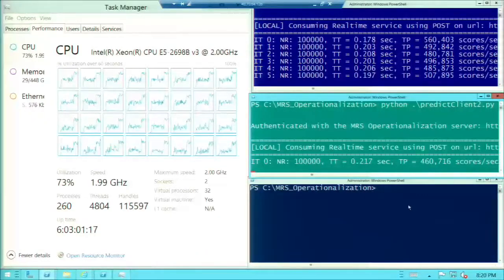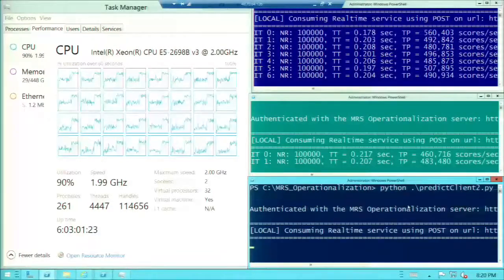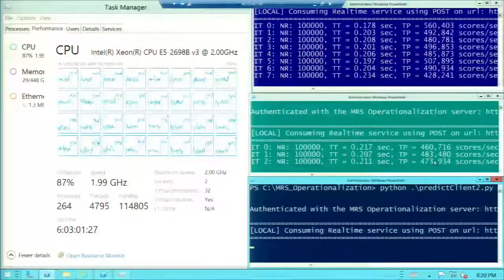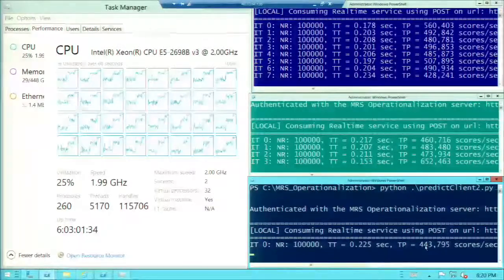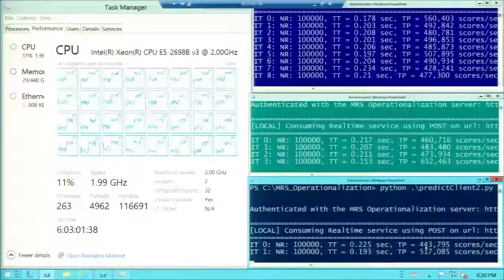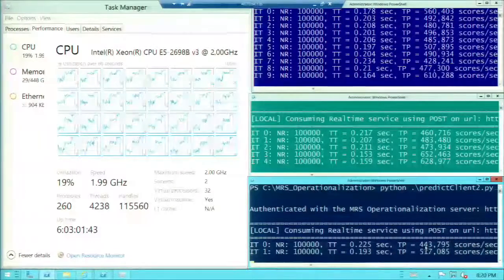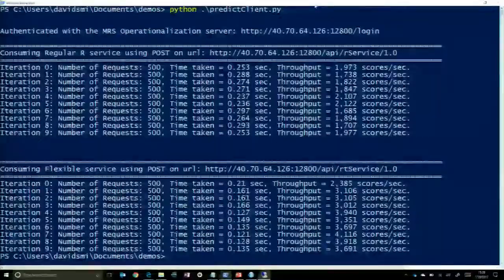So let's push it and do one more client. I've got 3 simultaneous clients right now. And so we got 490 at this one, 473 at this one, so about 950 or so. Adding in the third client, we're going to get up to another 440, so about 1.3 million transactions per second, all being handled by this single 32-core server running out there in Azure. So that's pretty cool. So let me return back to my slides.